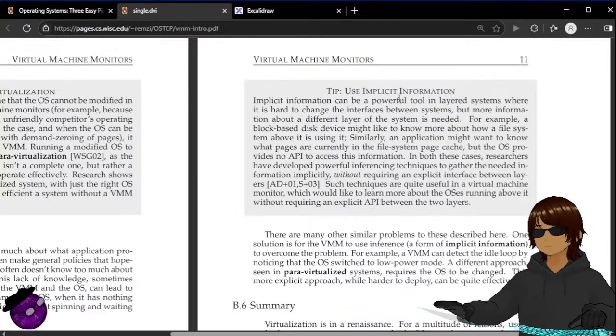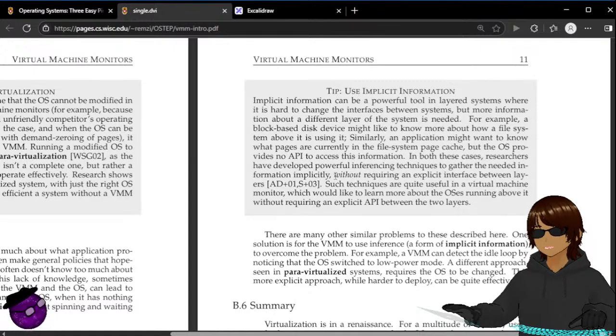Implicit information can be a powerful tool in layered systems where it is hard to change the interfaces between systems. But more information about the different layers of the system is needed. For example, a block-based disk device might like to know more about how the file system above it is using it. Similarly, an application might want to know what pages are currently in the file system page cache, but the OS provides no API to access this information. In both these cases, researchers have developed powerful inferencing techniques to gather the needed information implicitly without requiring an explicit